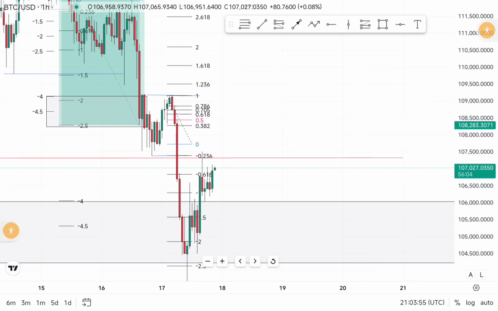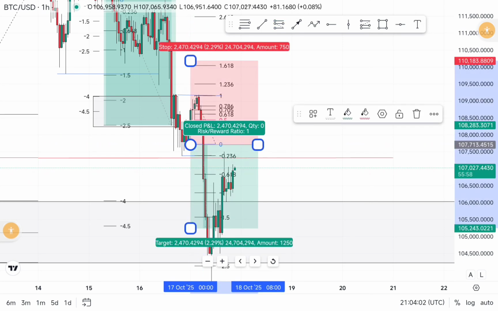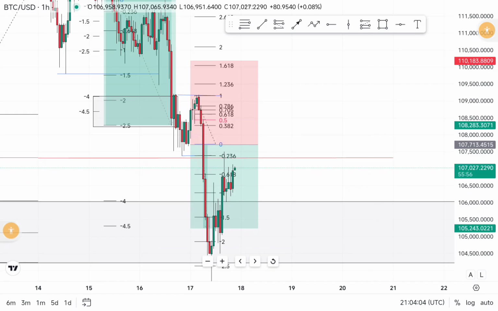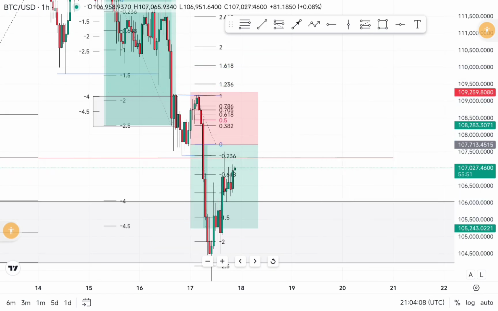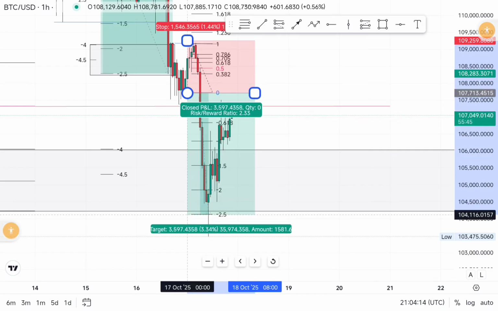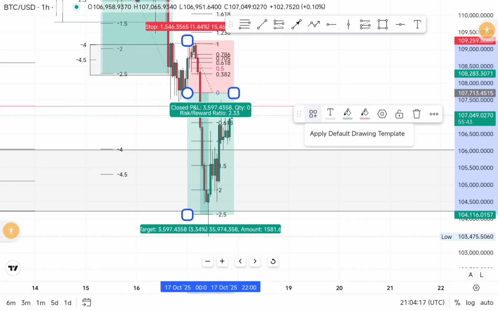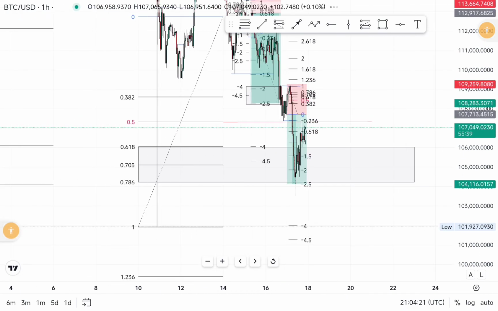And as you can see, the price broke below the recent low, which gives us another break of structure, and the Fibo deviation has been beautifully plotted from the body, and price extends down to the -2, -2.5 region,